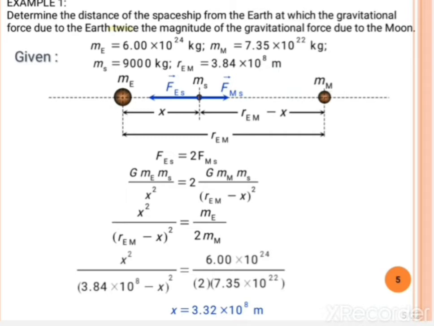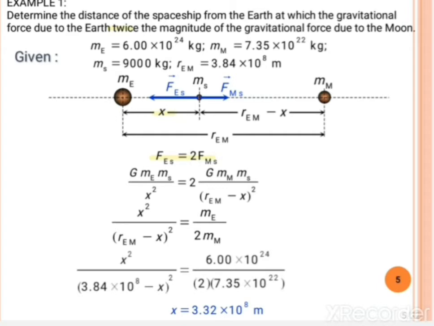Between Earth and Moon, we have the spaceship. The question asks for the distance of the spaceship, which we symbolize as x. The distance between Earth and Moon is r Earth Moon, so the remaining length between the spaceship and Moon is r Earth Moon minus x. The key words here are force due to the Earth is twice the magnitude of force due to the Moon. So the force due to Earth on the spaceship is twice the force